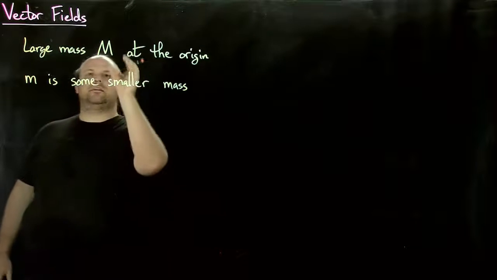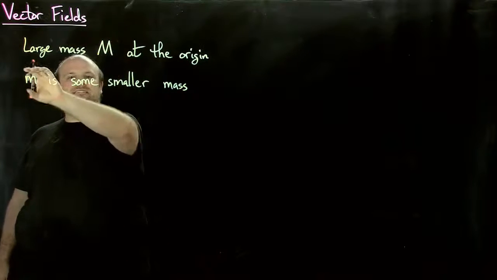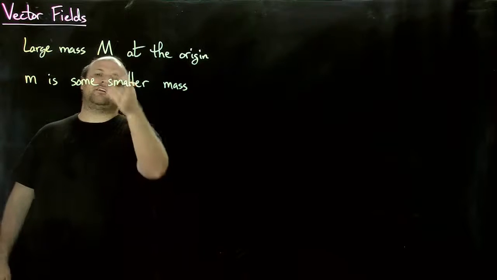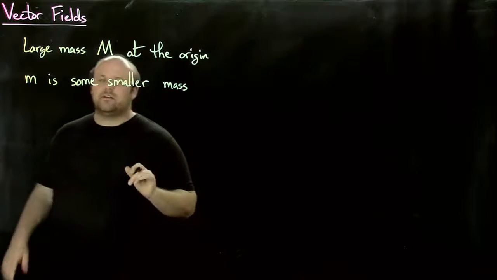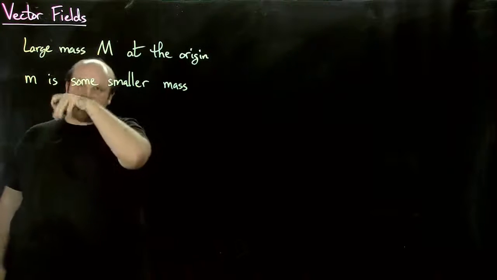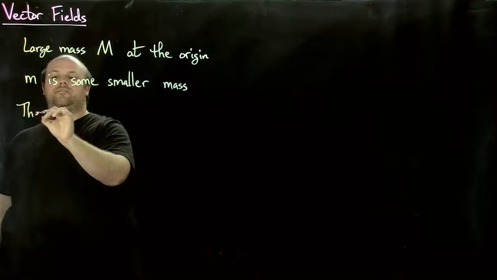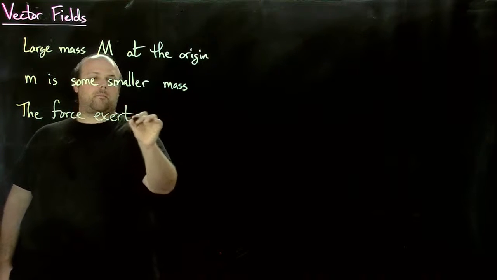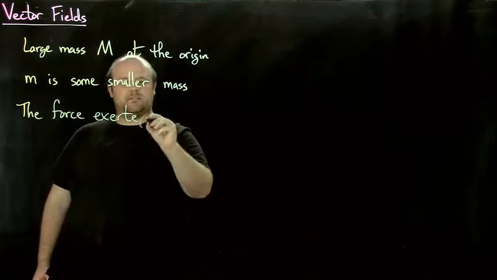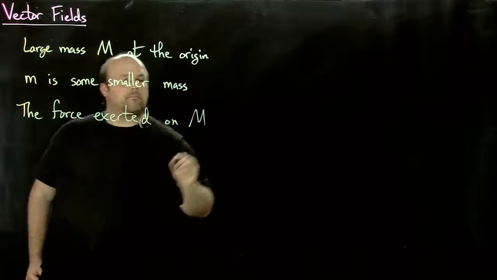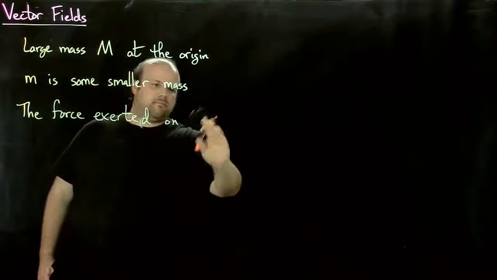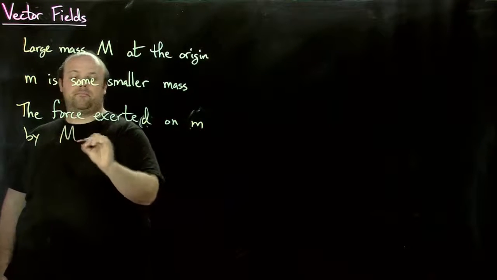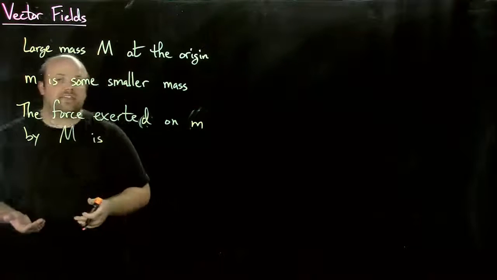Right, so big M is the mass of the large mass. Little m is the mass of the other guy. I mean, they could actually be the same mass too. That's fine. But let's say the force exerted on little m by big M is, well, this is given by